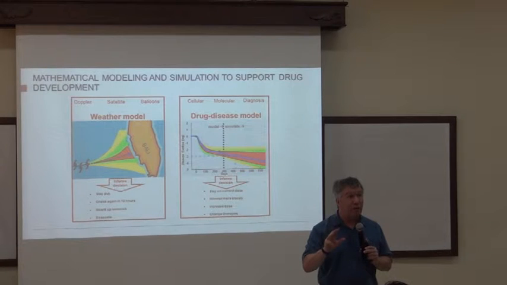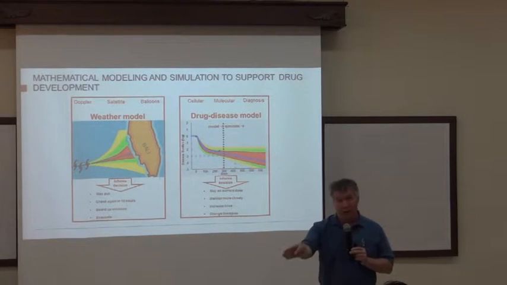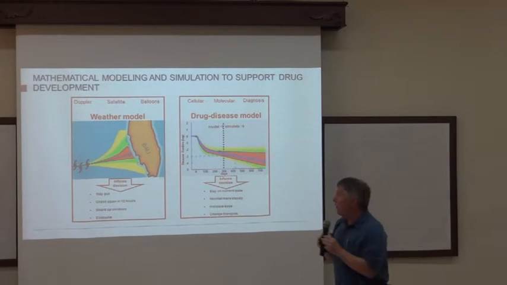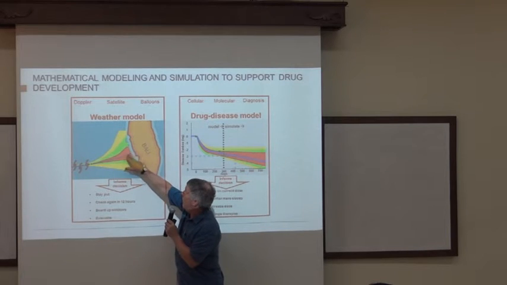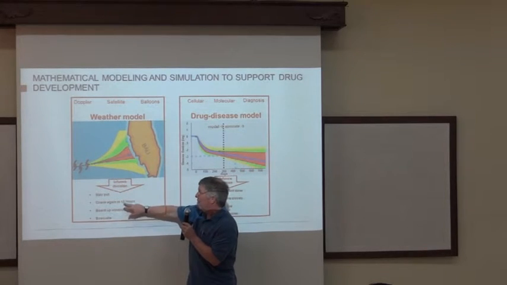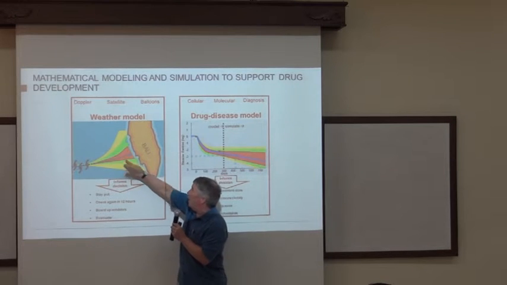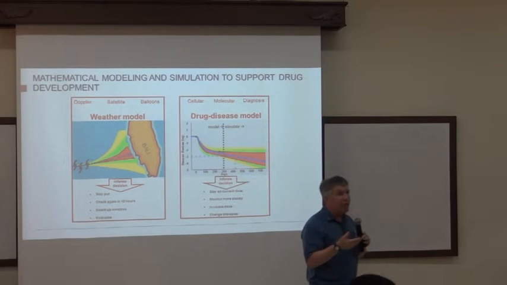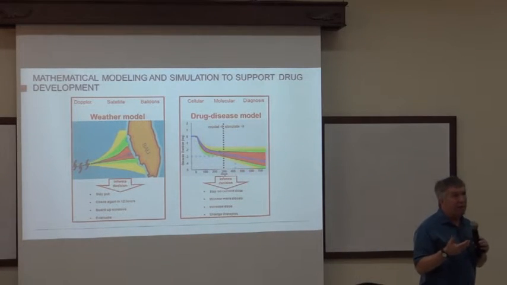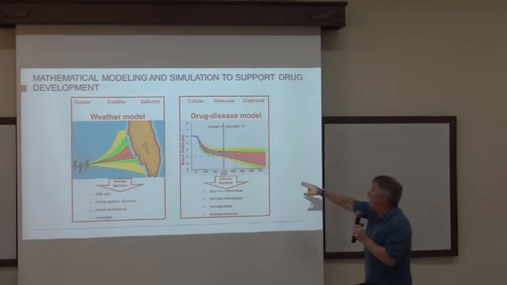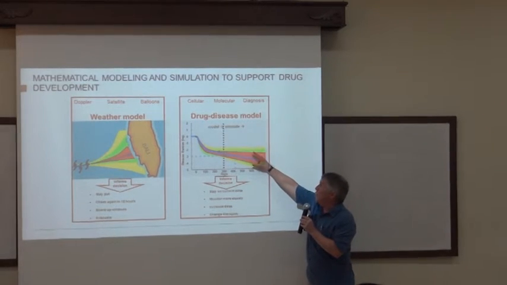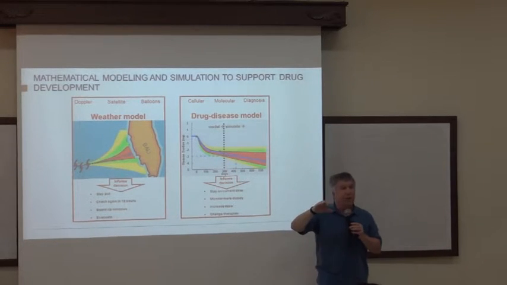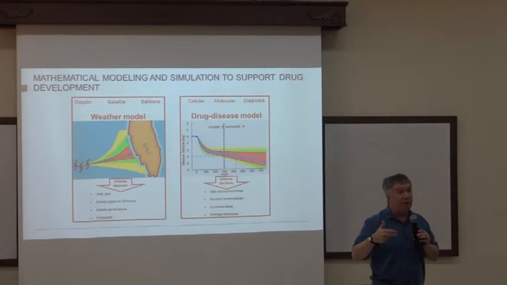We can't assert, right? We can't say the storm's going to go here. We can just say, based on what we know in the past and what we see going forward in the data, the storm is likely to follow this path. And if you're on this path, you might want to do some certain things, right? If you're in these areas, you might change your behavior, right? And so partly it's trying to use mathematics to model and simulate the experiment we're trying to do, in this case, the use of a drug to cure or treat a disease, and to explore, are we on the right path? If we're on the right path, great, let's keep that dose where it is. If it's not on the right path, how do we adjust it?